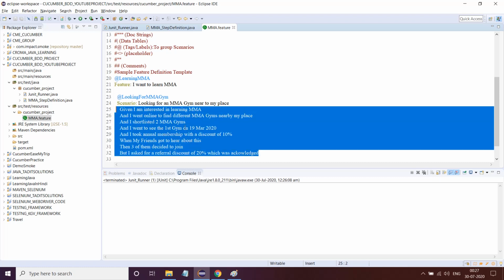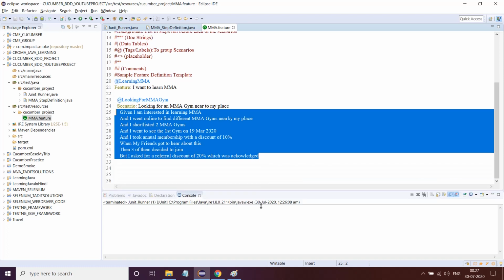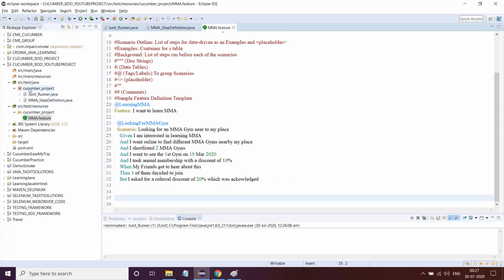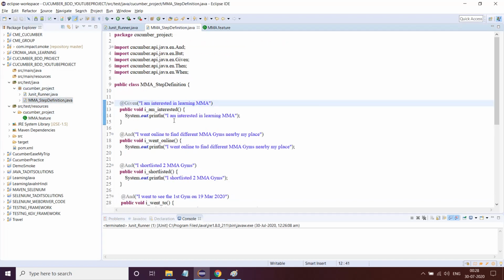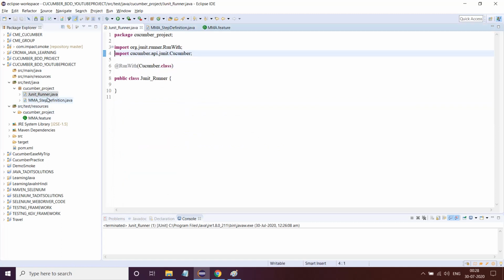So we are done with this, and then accordingly you create src test java, and create a package which has the same name. Whatever package you have created to keep the feature files, keep the same name, and inside you have to create the step definition file. It is advisable that there should be some similarity between the feature file and the step definition file. This makes your life easier, because as of now we are learning, we should go with the very standard and not so confusing elements. Okay, and then you create a runner file. As of now we are creating a JUnit runner file. We will create TestNG later. So just do this. Everything is done.